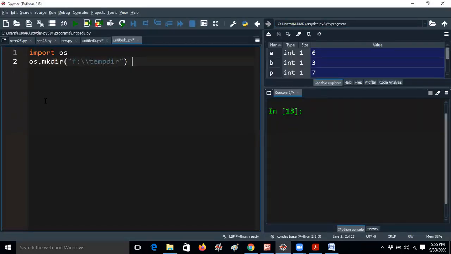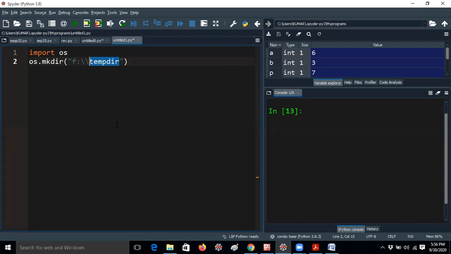Usually in your mobile phones also we have a lot of folders. Those are nothing but directories. So instead of creating from the front end, you can also create by using coding, like I am creating os.mkdir. The mkdir full form is make directory. It is a method that exists in os, that's why I am giving os.mkdir. The directory name is temp.dir. You can give any name you want to any folder.